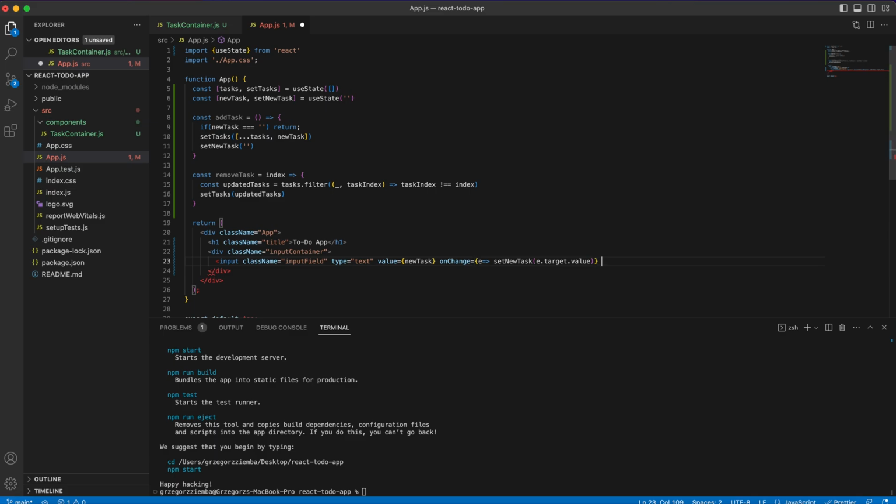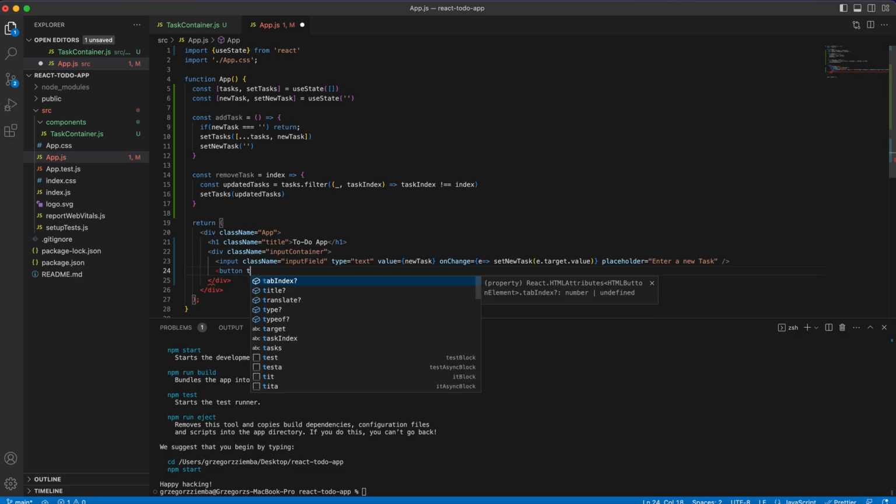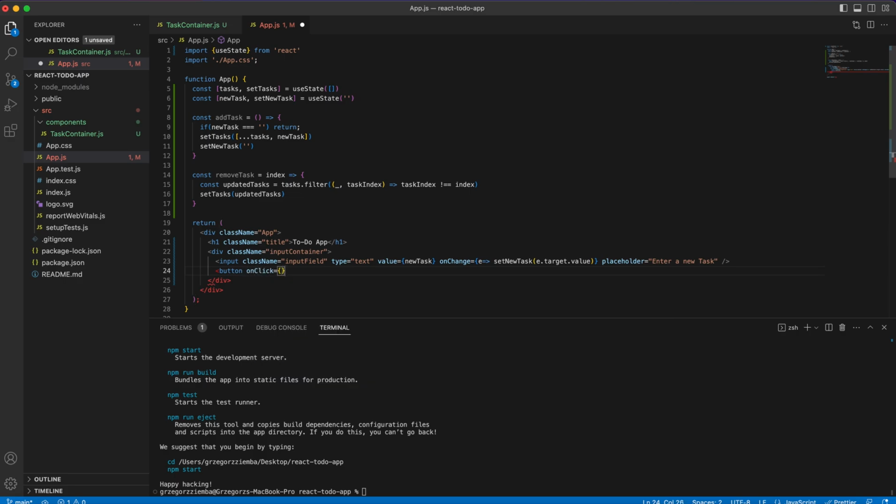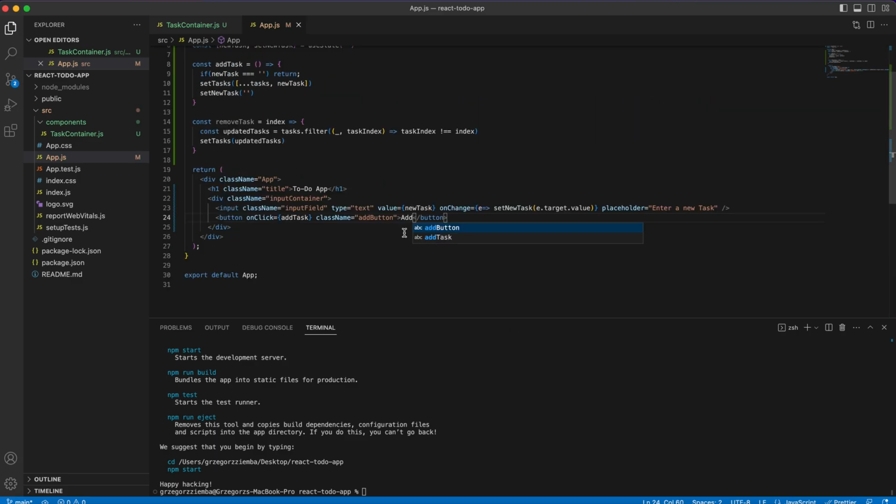And the last thing that we'll need, we need also placeholder. For example, enter a new task. And with that, we make it self-closing, save it. Then button will be on click, and we'll make happen add task, which we have over here. We'll make some kind of class name. It will be add button, and we'll make add over here. Okay, we've got our add function, we've got our placeholder,